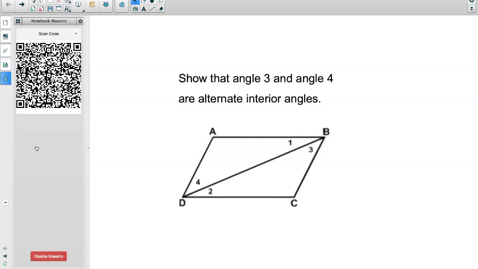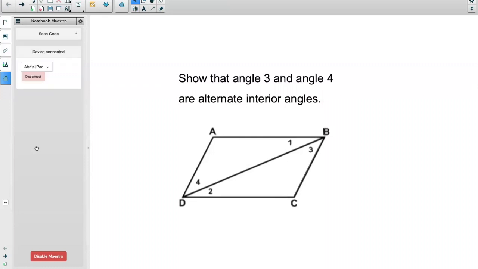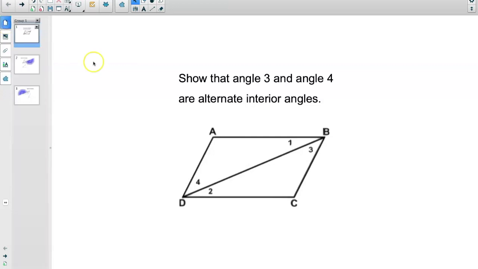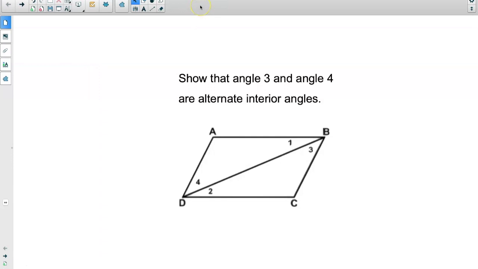Okay, I hold my iPad up. You probably can't see that, but that's what I'm doing right now. And when I get the connection, it automatically connects. It says connected to Aubrey's iPad. That's because it's my daughter's, and that's the connected device. Okay, once I close out of this, I now am working from my Apple Pencil